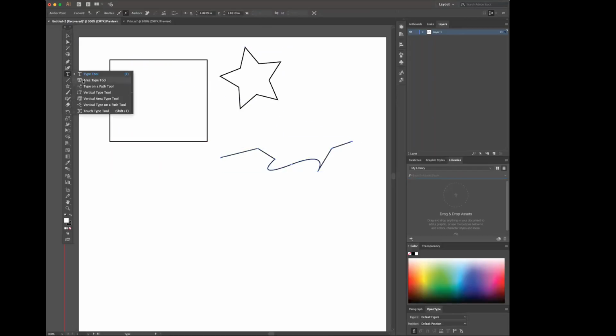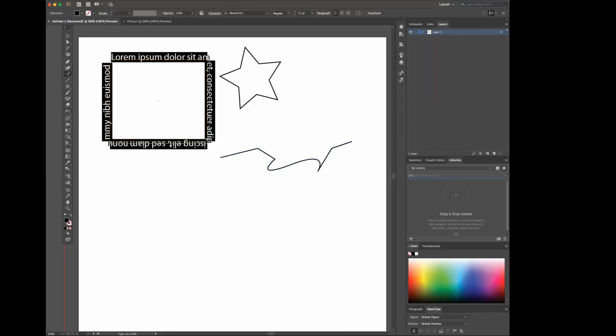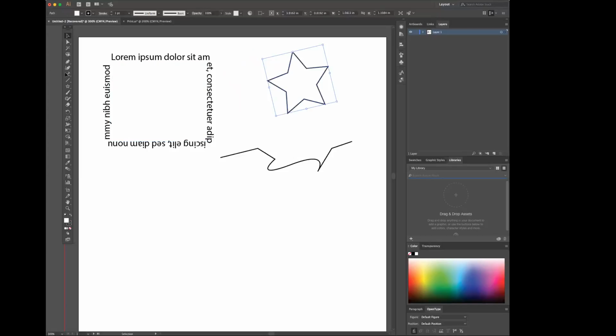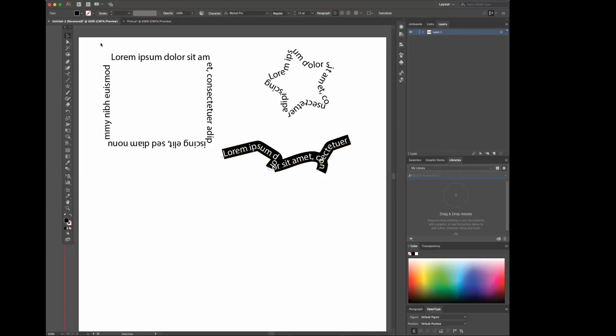If you click on your type on a path tool, and then you'll find your path, you can automatically type text around the frame of whatever it is that you're wanting to type on. So in this case, the star, I'll get my type on a path tool and click on the path, and there you have it. Now I can type on a path. Same with this pen tool creation that I made. There it is, typing on a path.